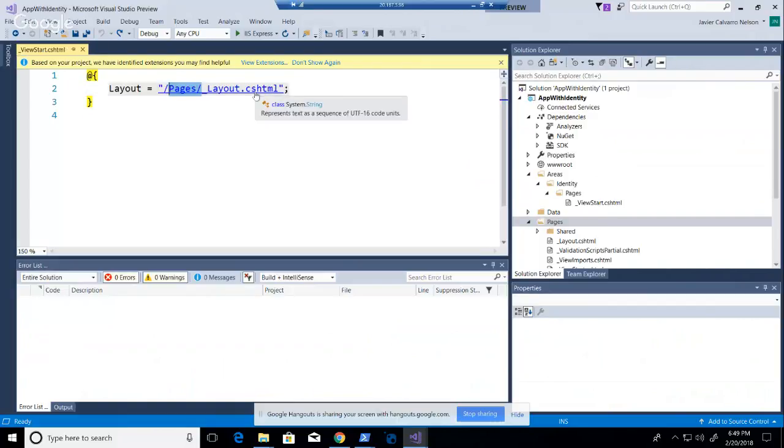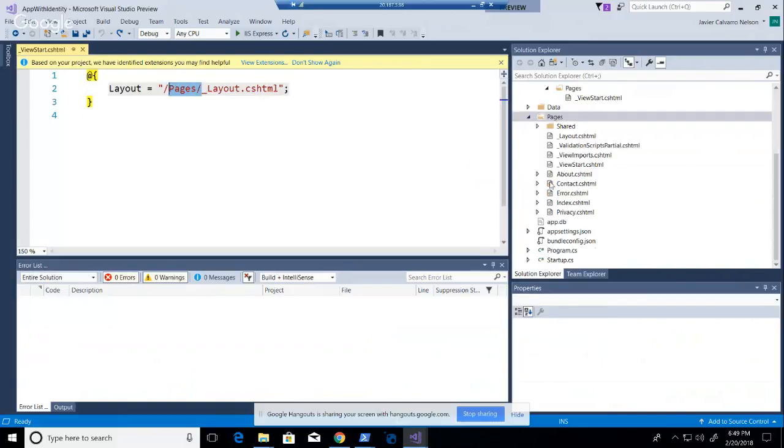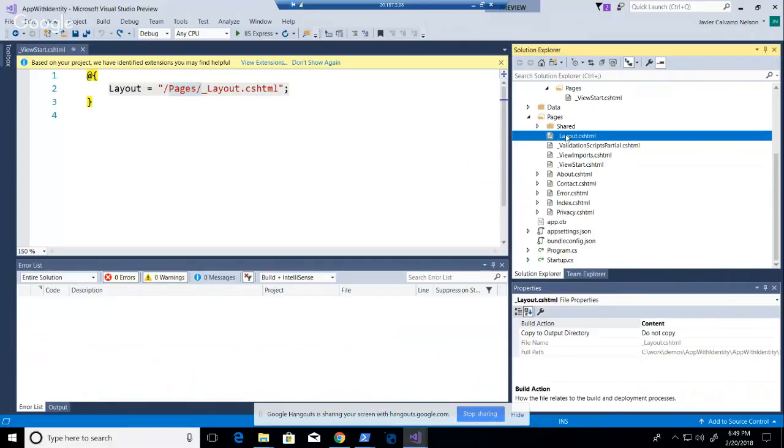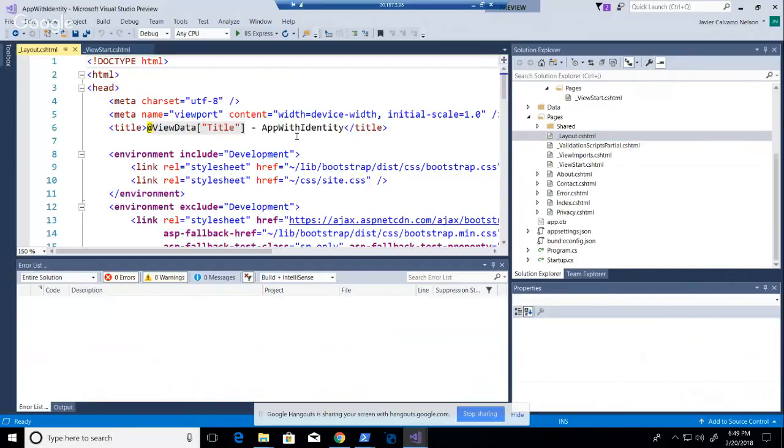It's in pages layout. And if we go to the app, we can see that we have pages layout here. And maybe one thing that we can do to show this is we can just change the title to my custom title. Okay, so if now we run the app,